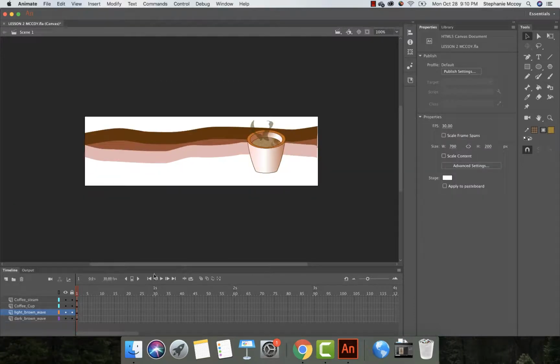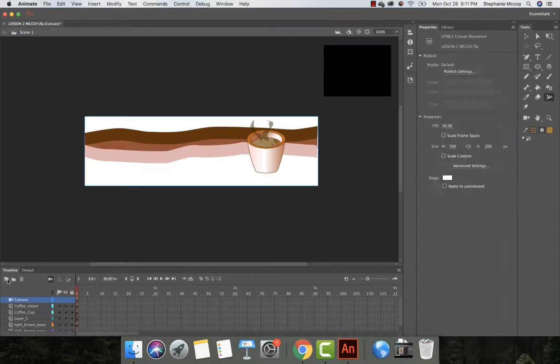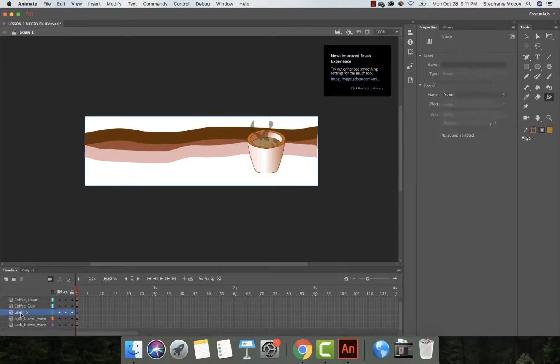All right, let's go ahead and add a new layer, and we're going to put a background behind our piece. So let's click Create Layer. I'm going to call it Background. Whoops. Double click on it, call it Background. And I'm going to drag this layer all the way to the bottom. And let's use our